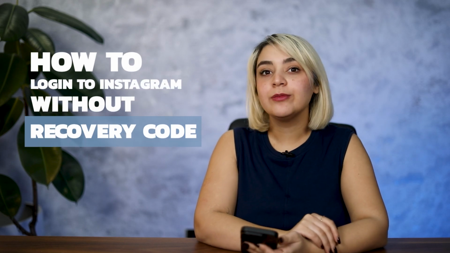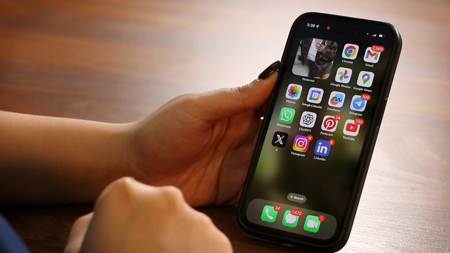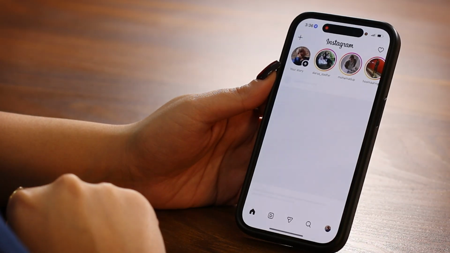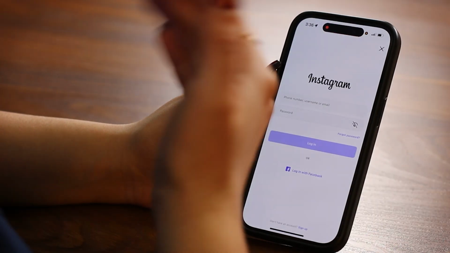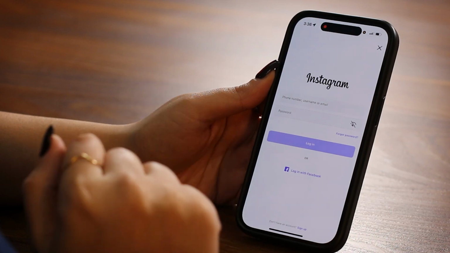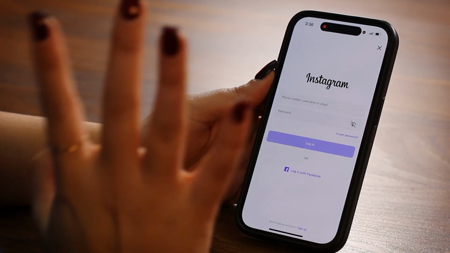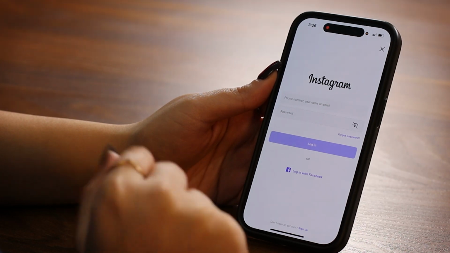In this video, I am going to help you log into your Instagram account without your password. Let's say I open my Instagram and I want to log into this account, but I am logged out and I do not have the password. I know that I can log in with Facebook, but let's say I don't have access to that either, so